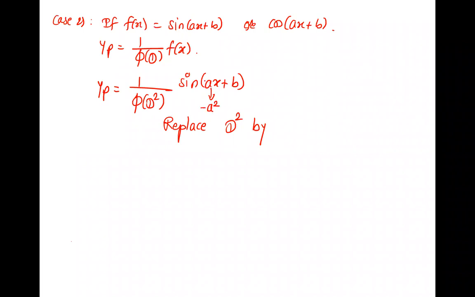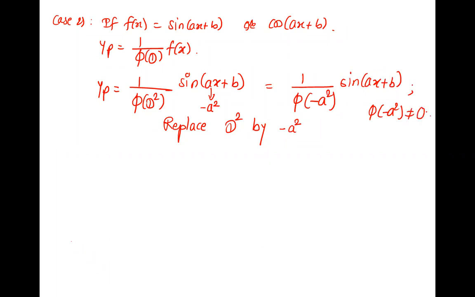Getting? First find out a, square it, and then give a negative sign. That is minus a square. Replace d square by minus of a square. So phi of d square becomes phi of minus a square into sine ax plus b. The condition is that phi of minus a square should not be equal to 0. And if 0,